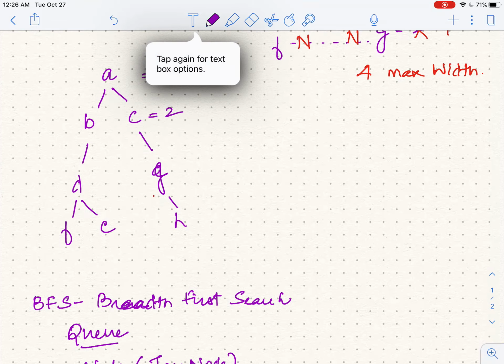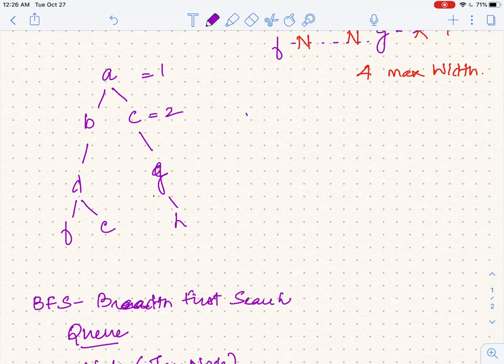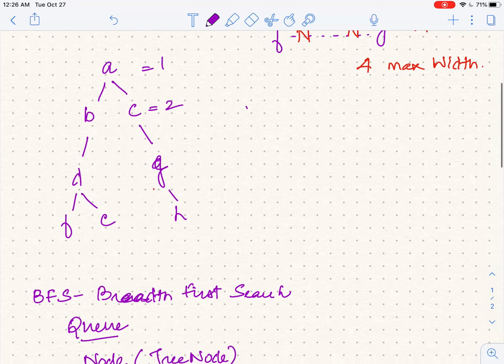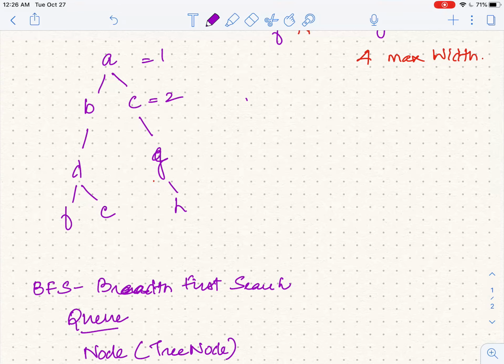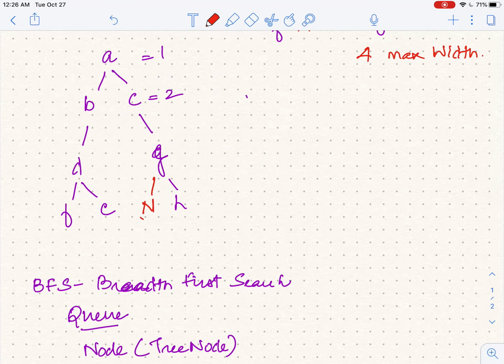Okay, let's go back. Now if I put just a node in the queue, what will happen is that, whenever you add to the queue, you cannot calculate these missing nodes. Switch back to red pen. You cannot calculate the null values here, here, or here, because